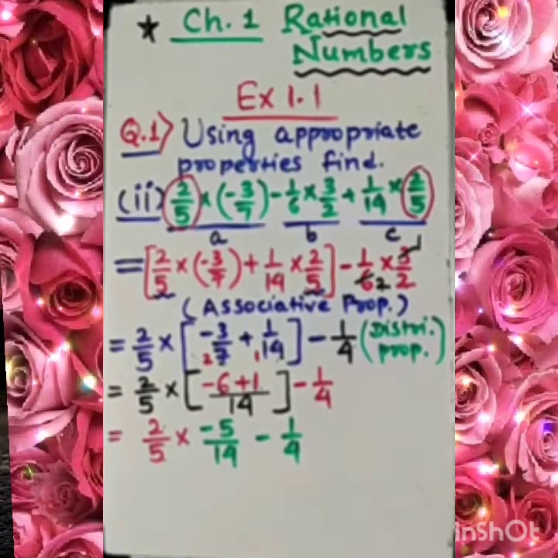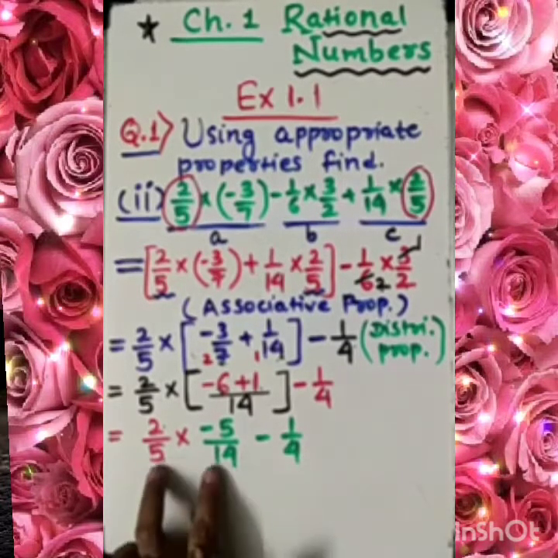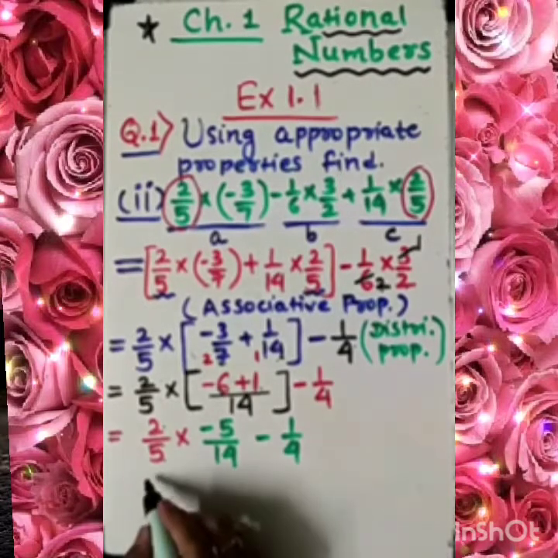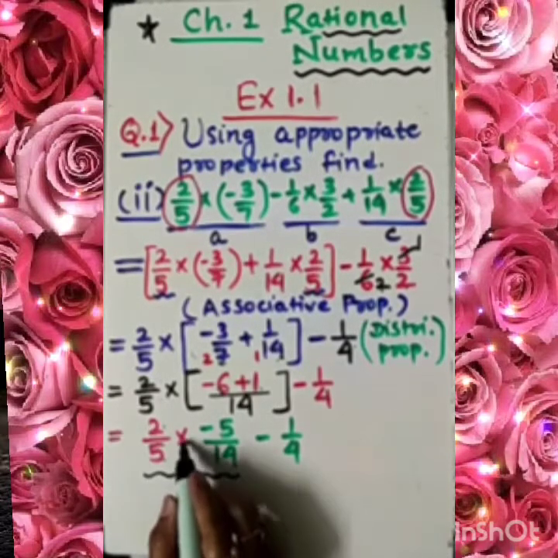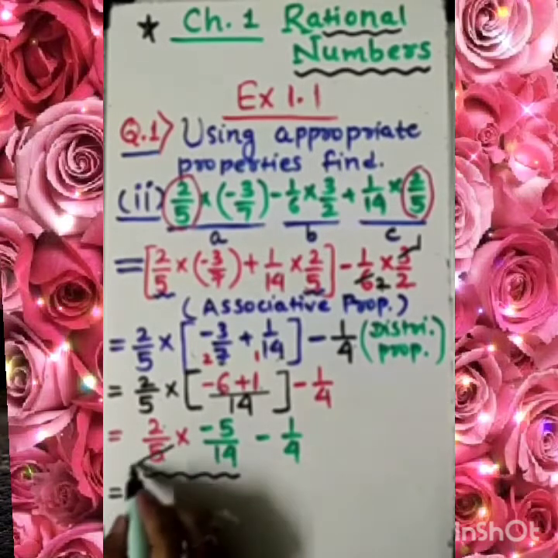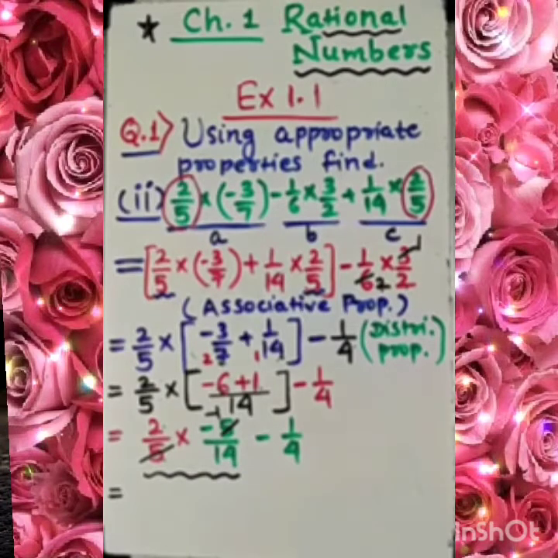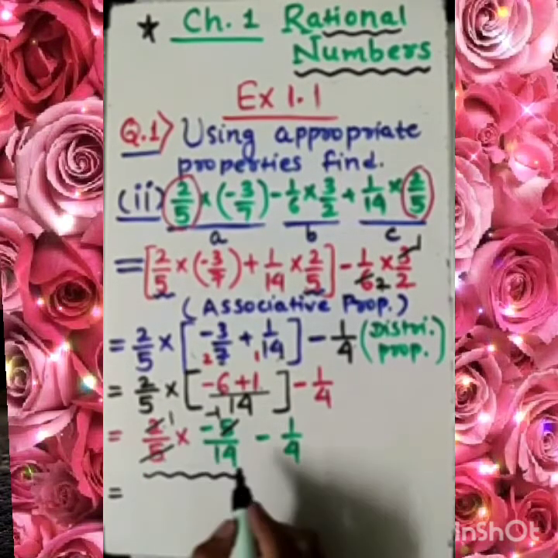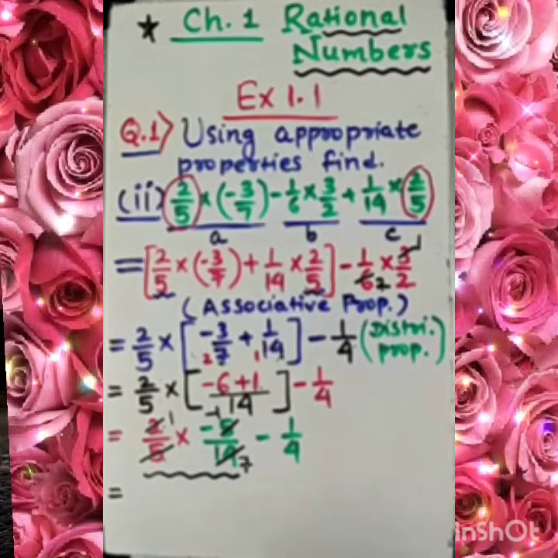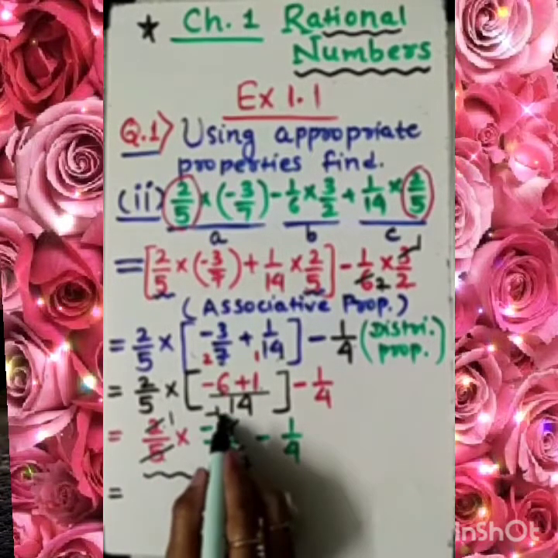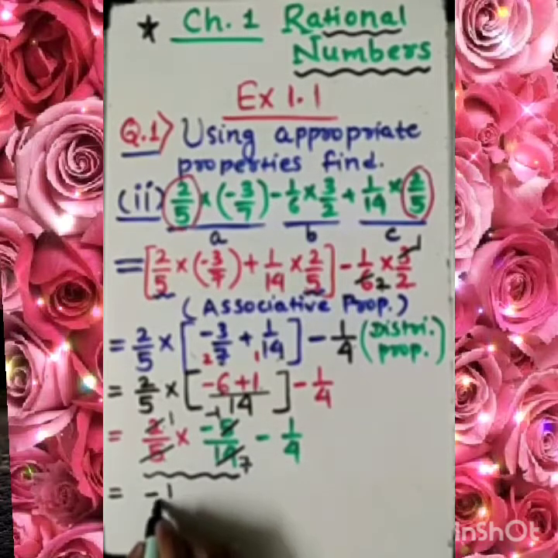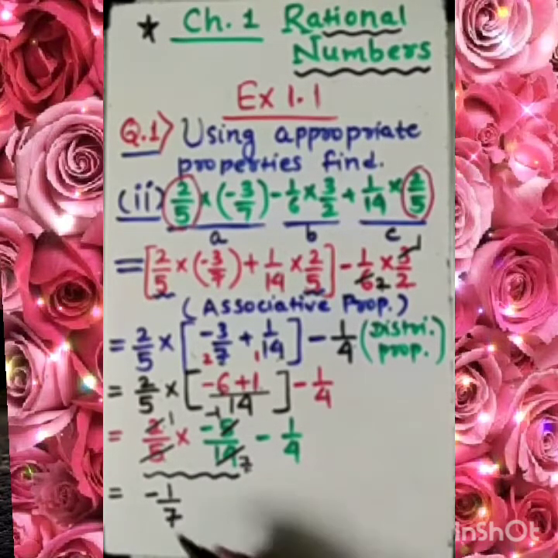Clear to you? So these two terms are now connected with a product sign. So first of all, 5 will be cancelled. So here minus 1 is left. We know that 2 1 ja 2, 7 2 ja 14. Here it will be 7. So my dear student, here in the numerator 1 into minus 1 is minus 1 and here in the denominator 7 will be left. And here minus 1 by 4 is also there.